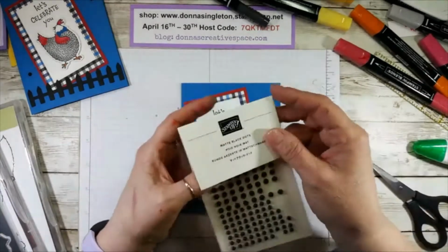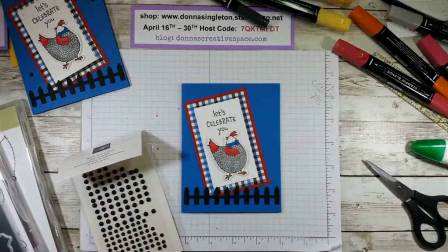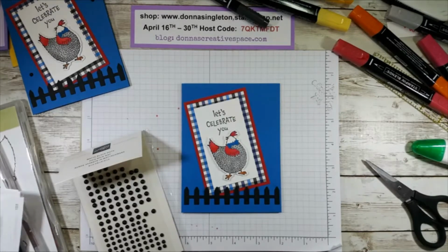Alright, so now I want to put some... Now these are our matte black dots. And I'm just curious. I know I showed you that yellow ribbon was retiring. I'm just going to look up and see if these black dots, I believe these came out in the mini catalog, so they will be around till the end of May, or while supplies last, because anything in the mini catalog is going to stick around till the end of